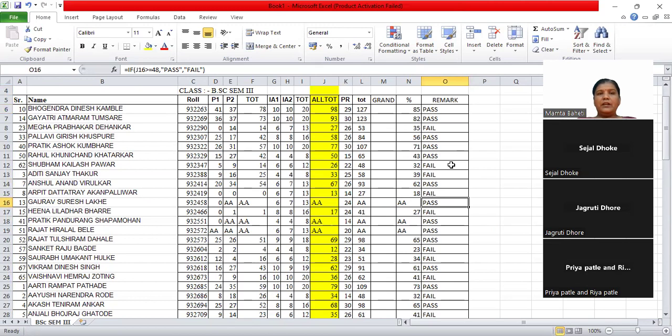Now here it is showing me pass because it is not identifying the AA value stored in it. Okay. So what I'll do, I'll add